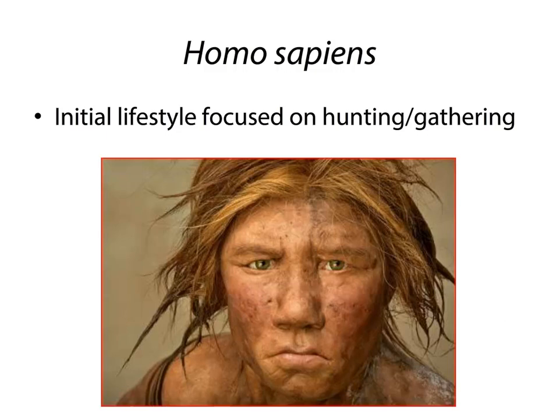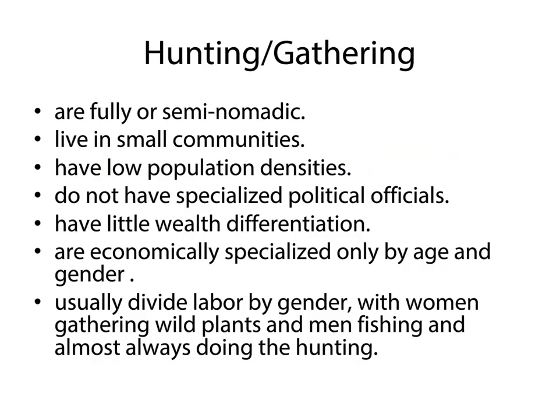But now let's dive into what hunting and gathering lifestyles actually meant for humans as well as for other species. So remember a few minutes ago, I asked you to think of different ways that we impacted the environment. Okay, now we're going to revisit this in detail. So we know that when you're a hunting and gathering society, you tend to either be fully or semi-nomadic, which means you move around, okay? You also tend to live in small communities, and this should make sense.